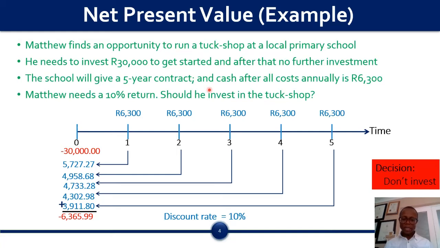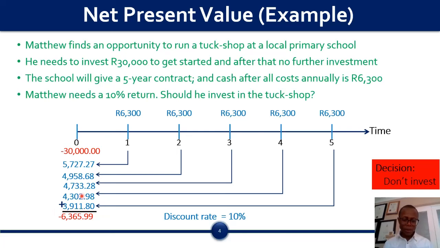So what is he getting every year? Net 6,300, you can see, for the 5-year period. But now we want to see what is the present value of each cash flow. So we are saying 6,300, what is the present value? If we discount it by 10%, it's 5727. The second one discounted by 10%, third one discounted by 10%, fourth one discounted by 10%, and the last, the 5th year, discounted by 10% gives you